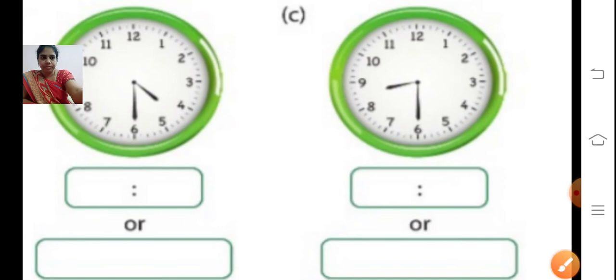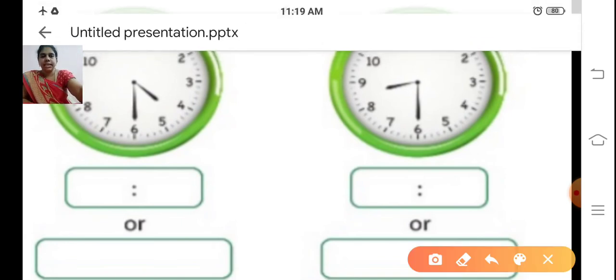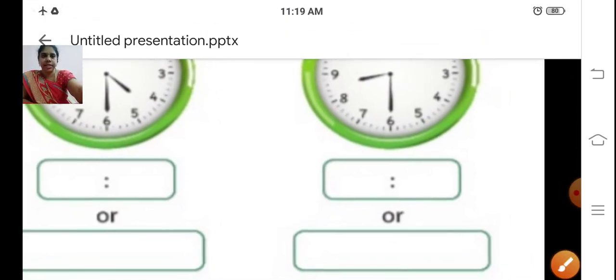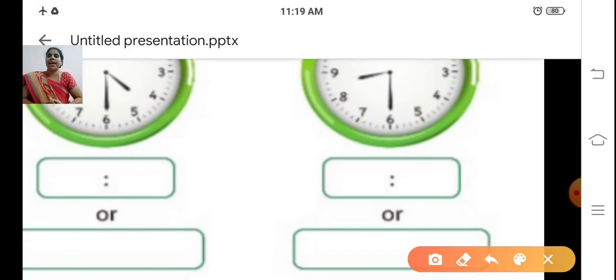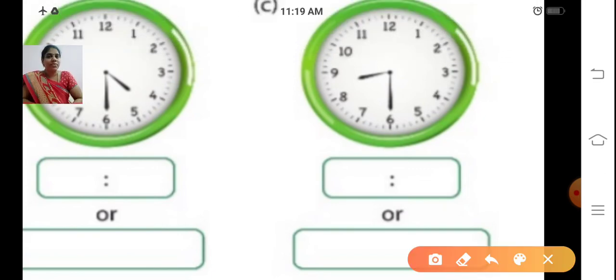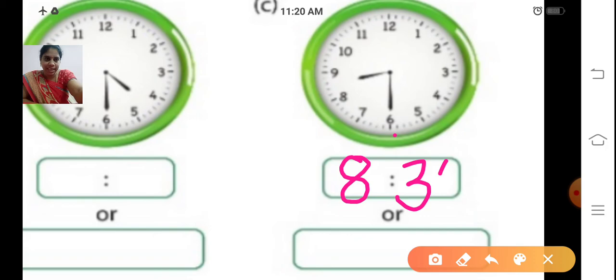See some. Just see the time where the hour hand is at. Where is the smaller hand? It crossed 8, right? So it didn't cross fully 9. So it crossed 8. So the shorter hand is at 8. First write the hour hand. And how will you calculate the minutes? You just see the longer hand. Where is it? Yes, 6. So multiply that by 5. 6 5s are 30. So the time is 8:30.